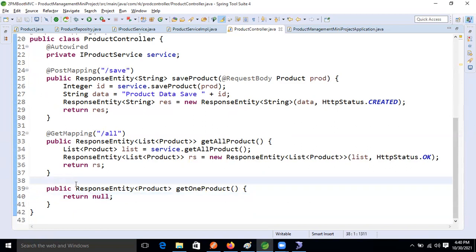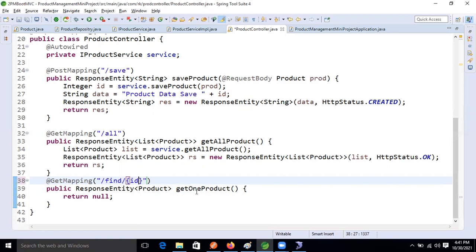So here, if we want to fetch the record from the database, what method will we take? Get only. Yes, get mapping. Inside that, the first URL is find, and after that dynamic. We need to read one ID dynamically. Based on that ID only we will select the data, guys.